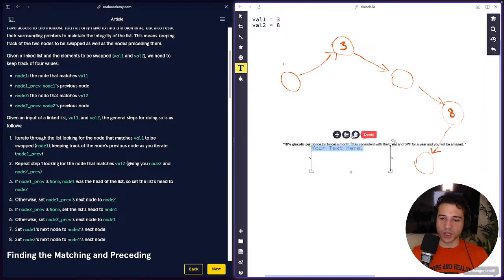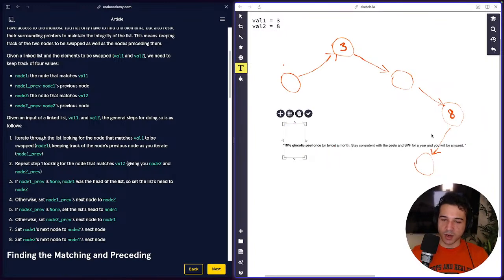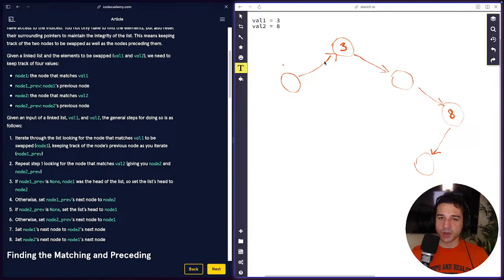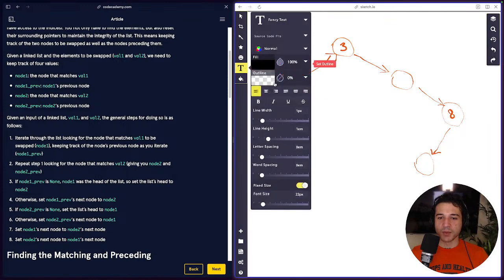Goodness. Okay, I'm exposing myself. Yes, I need to get a glycolic peel. Although every time I do any type of chemical on my skin, it just makes me red. So if anybody has any good skincare tips, please hit me with those. Damn, I can't even get rid of it. Damn internet, damn tech. Why you want to expose me this bad, bro? Okay. How do I walk that back? Your text here. There we go. So now that I'm no longer exposed,